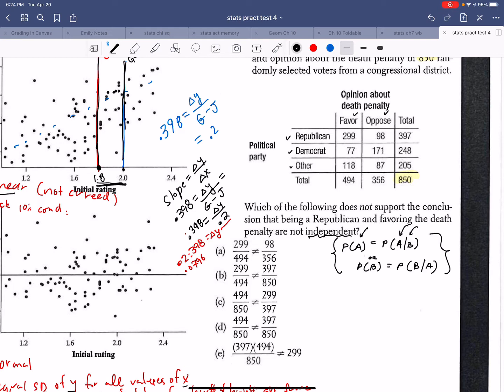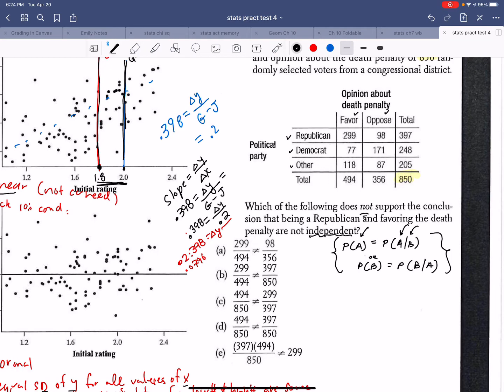Okay, so what do each of these mean? It's essentially saying each of these supports the fact that it's not independent. Which one doesn't support that fact? Okay, so I kind of know which one it is just by looking at it. I know that it's D, and the reason why is that this shows 2 out of this denominator, and that's